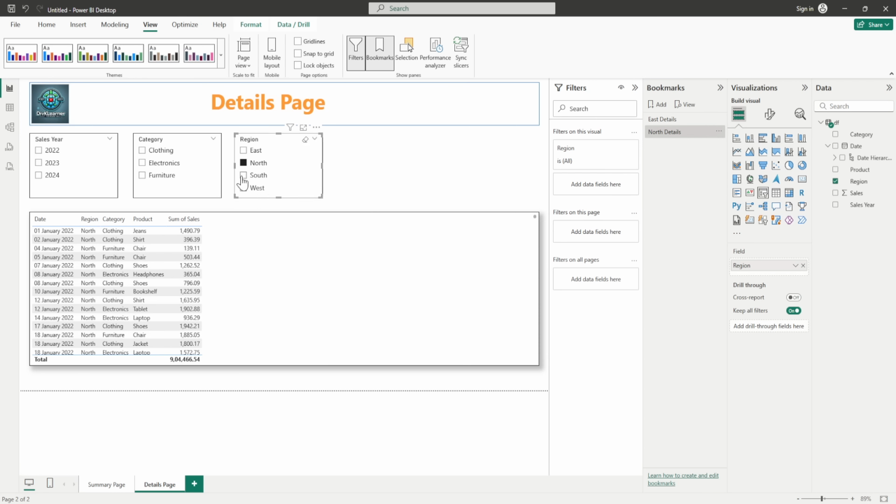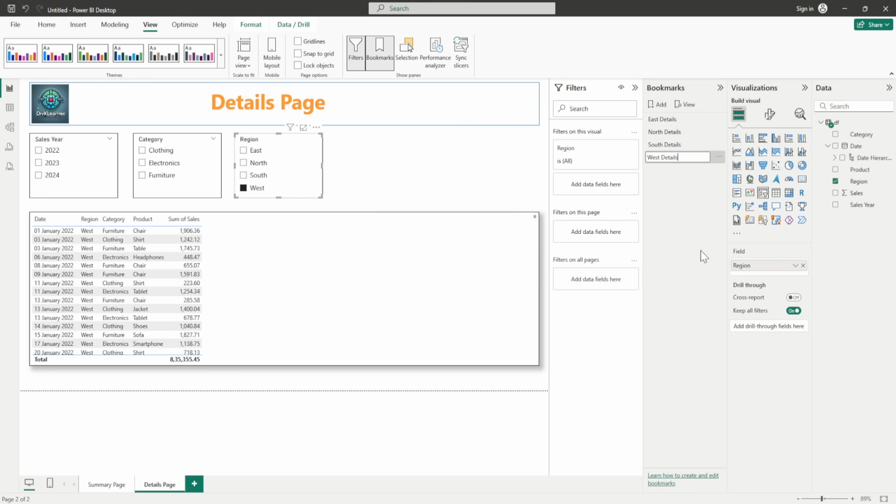Similarly, I'll do it for South as well, and I'll click on add, South details, and then I'll click on West and click on add. Oh, I've been delete, and I will click on West